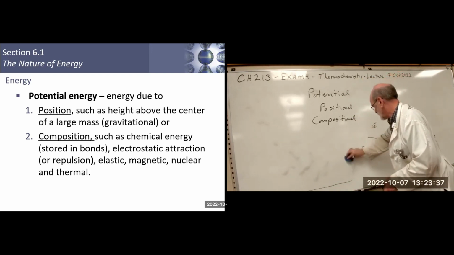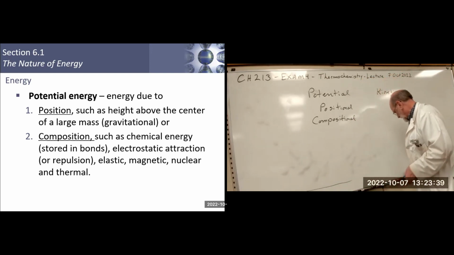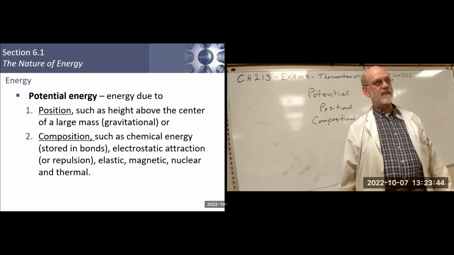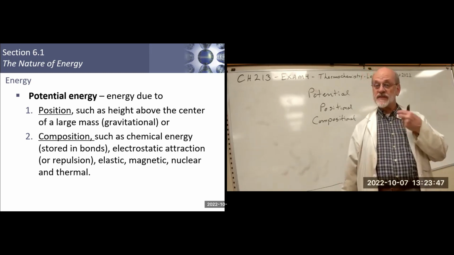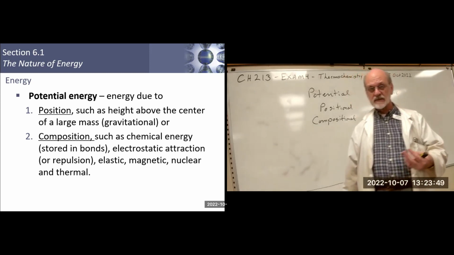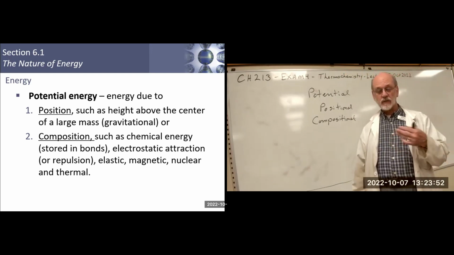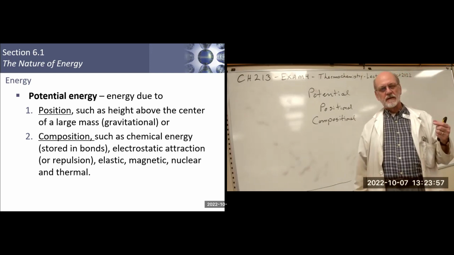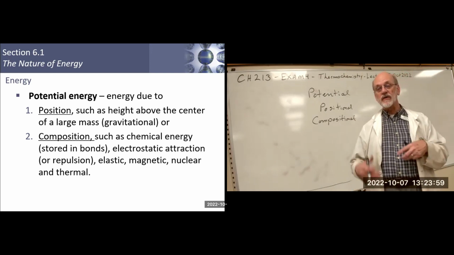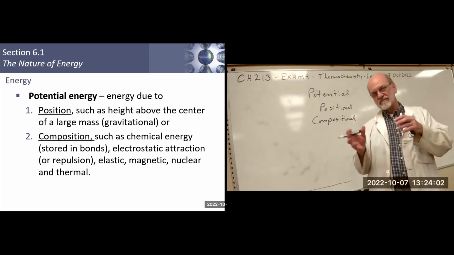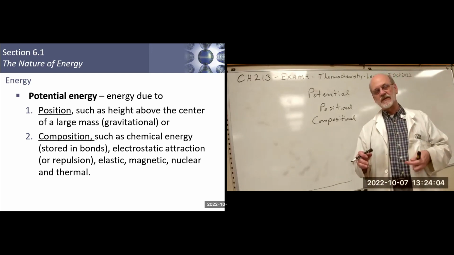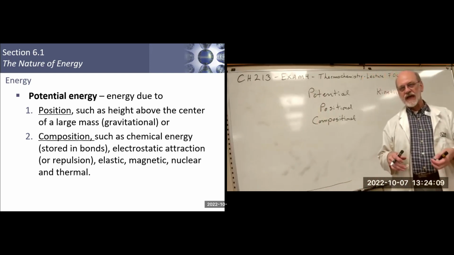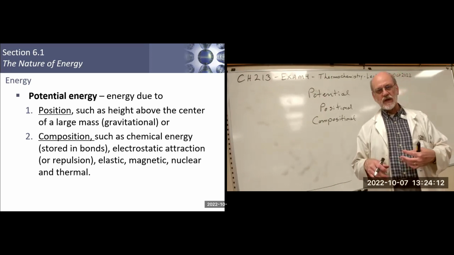Compositional potential energy is dependent on, sometimes, the state of the matter. What state is it in? Liquid, solid, gas, or its relative position to some other body that has some factor. I'm trying to make this broad. Some factor that allows you to store energy. Okay, example,